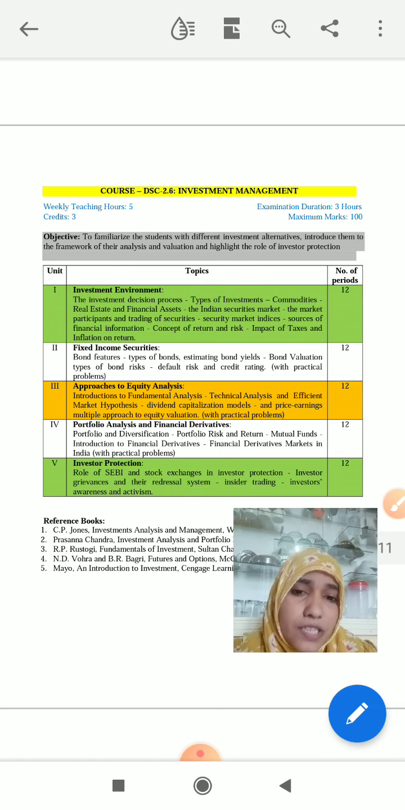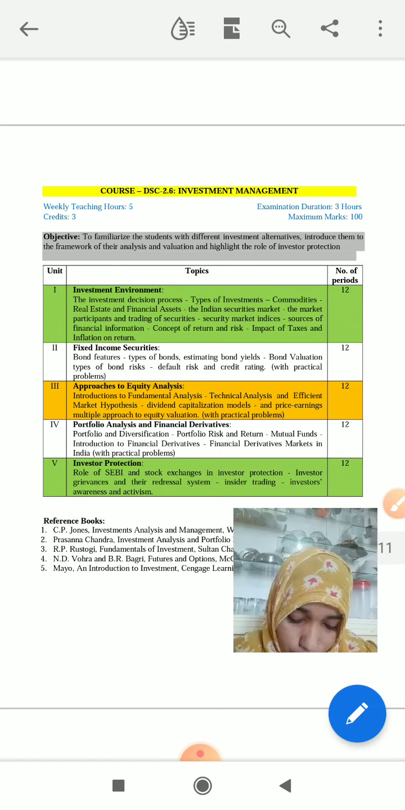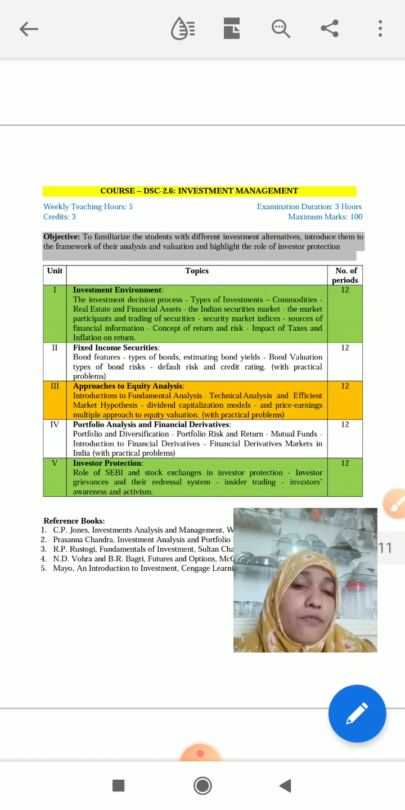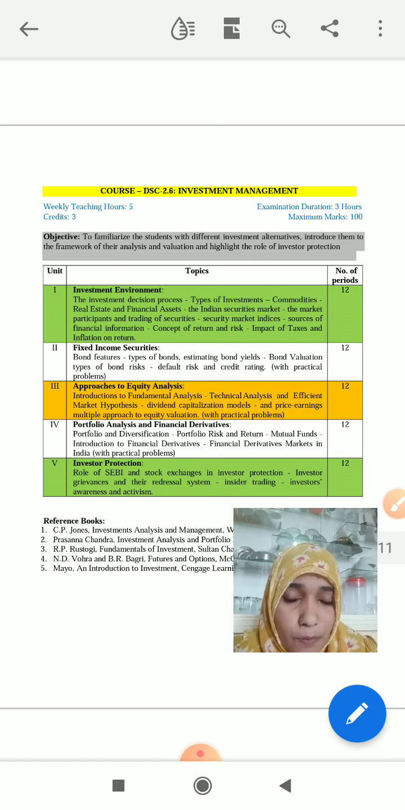The main purpose of SEBI, the role of SEBI, is to protect the investment of investors. SEBI plays a very important role to protect their investment. For example, you are going to invest some amount and you are getting defrauded. So for that purpose